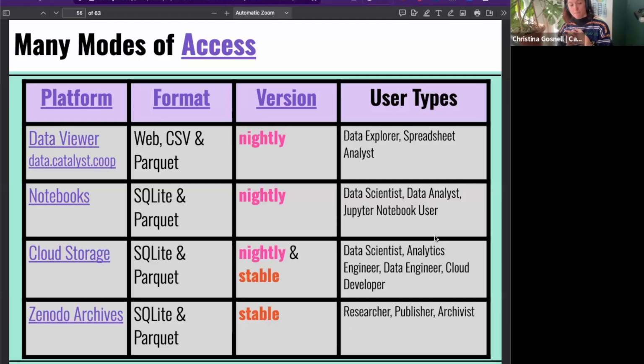Generally speaking, we try to push our data out into a variety of formats, for ease, and because we know that different folks have different favorite technologies that they use to play with data in different platforms. So we have four main ways that we publish data. One is the data viewer, which we'll actually play with a little bit in a minute. And that's an interactive web platform where you can see all of the data and filter data and